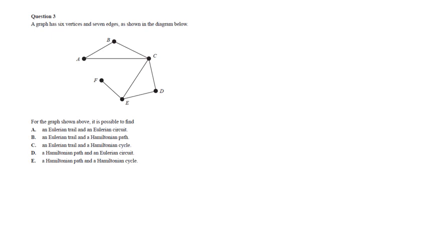Okay, good multiple choice question to check if you know all about trails and paths and cycles and circuits and Hamiltonian and Euler. Remember, I always say Euler is every edge. So I remember it's all about the E's for Euler. That's how I try and remind myself. Now, we've got to look up the idea of trails and paths